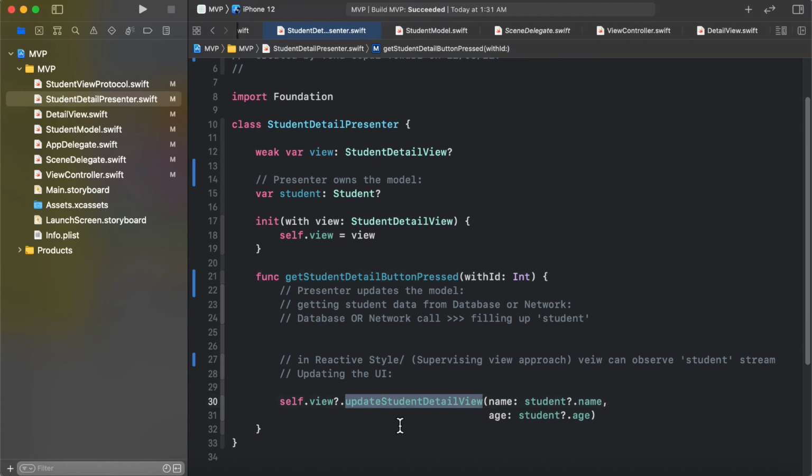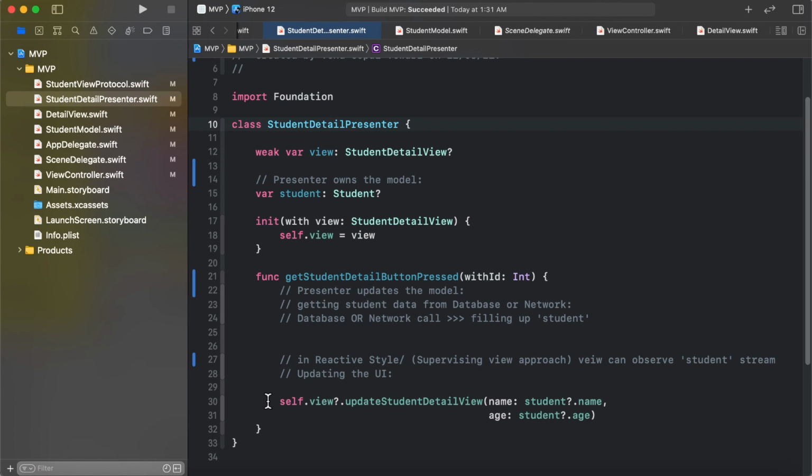Now the other implementation is that your detail view, or the view that needs to be populated, can directly observe this property inside the presenter class. So how can you do that? You can do that with the help of RxSwift, or with the help of an observable, or with the help of Combine.